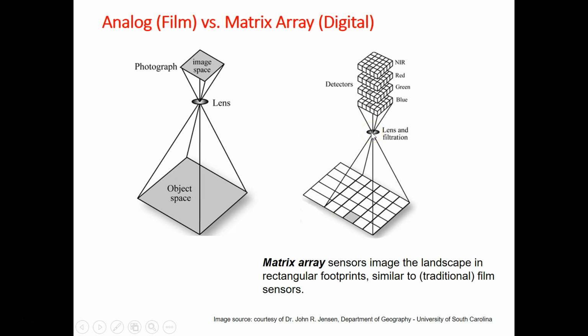The lens collects the reflected light, but on top of just registering the photograph, there's also filtration. The filtration means that we split whatever light is being reflected into certain bands. I'm going to talk about bands when we cover remote sensing. For now, I would just want you to